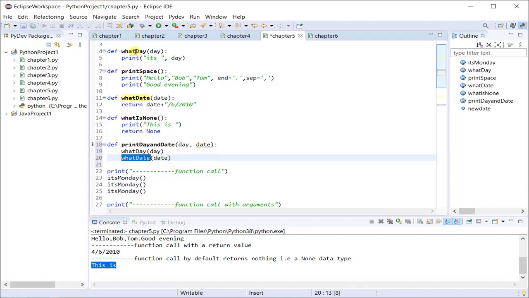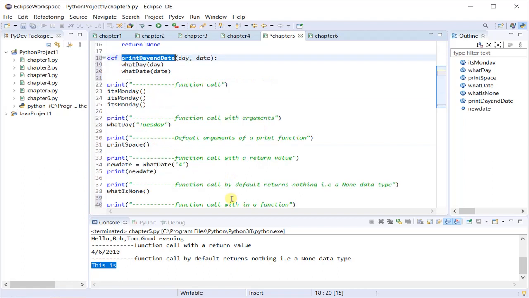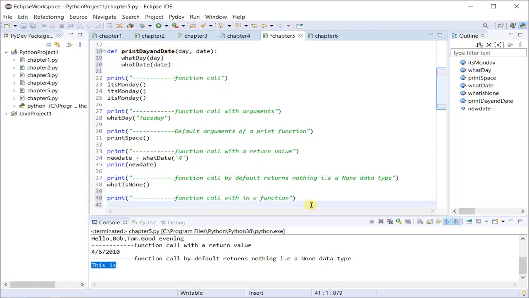How do I call this parent function? I just need to call it and provide the two inputs. The first input I'll provide as Wednesday, which is the day, and the next input is a date, so I will provide a number, 12. Let's save it and run it.